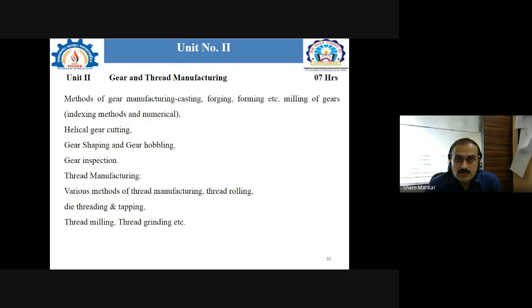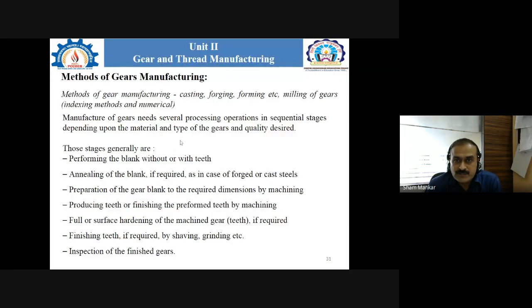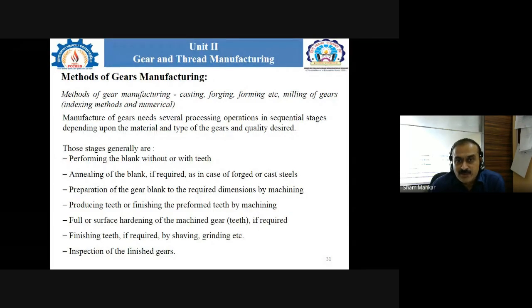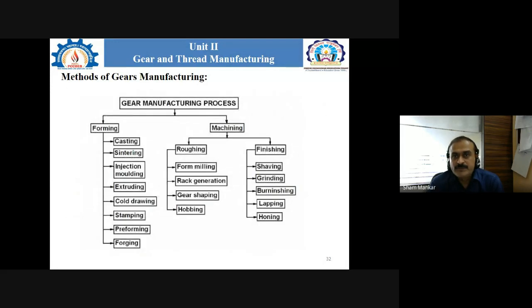Okay, so as far as these different kinds of gear manufacturing processes are concerned, we know that there are different stages in which we perform the manufacture of the gear we want. Again, in the last lecture we discussed these stages, which generally we consider in the manufacturing of gears. Okay, so if we consider the gear manufacturing process,